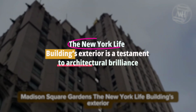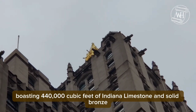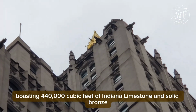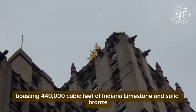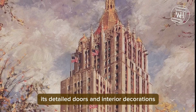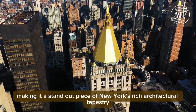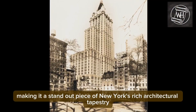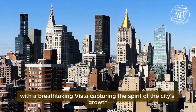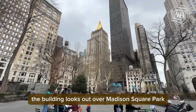The New York Life Building's exterior is a testament to architectural brilliance, boasting 440,000 cubic feet of Indiana limestone and solid bronze-framed windows, over 2,000 in total. Its detailed doors and interior decorations add to the building's grandeur, making it a standout piece of New York's rich architectural tapestry. With a breathtaking vista capturing the spirit of the city's growth, the building looks out over Madison Square